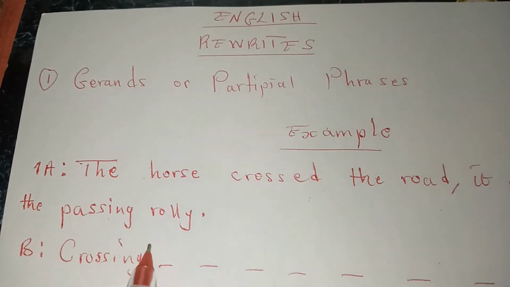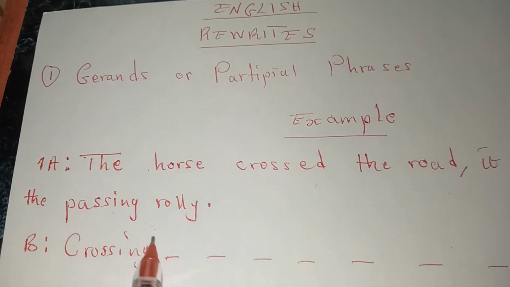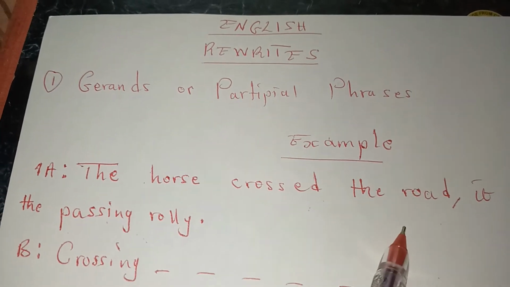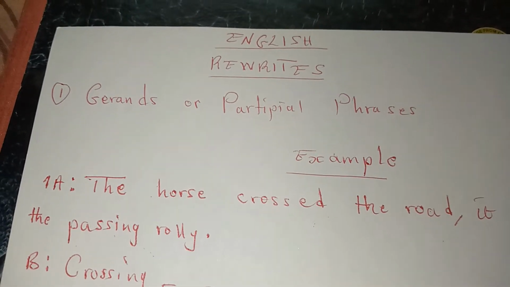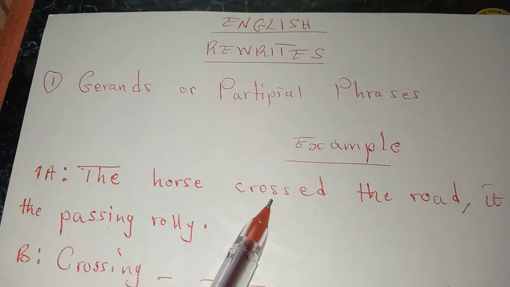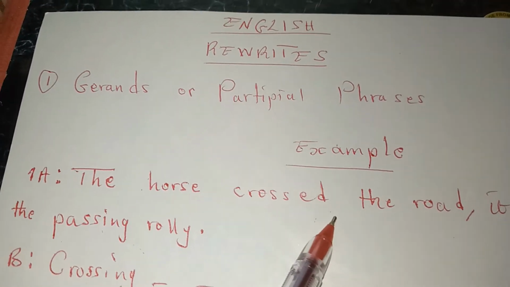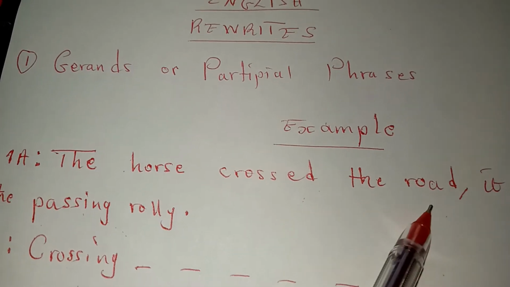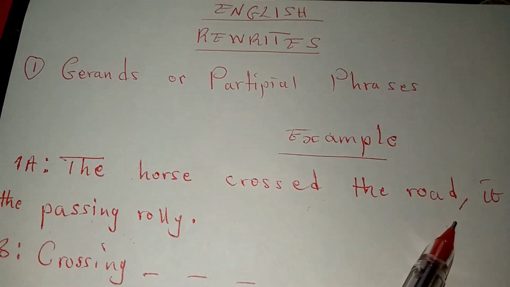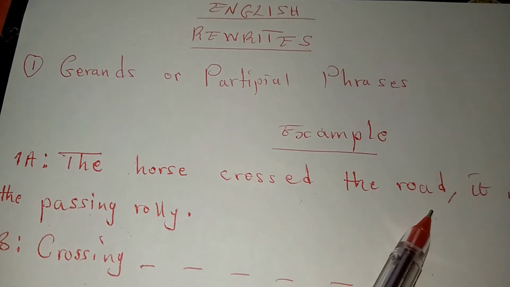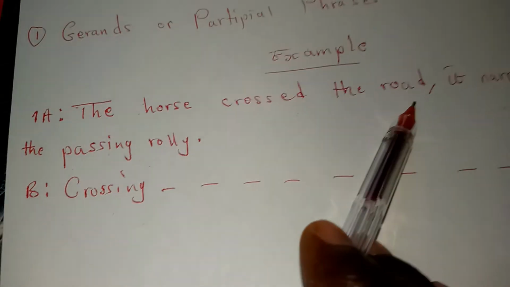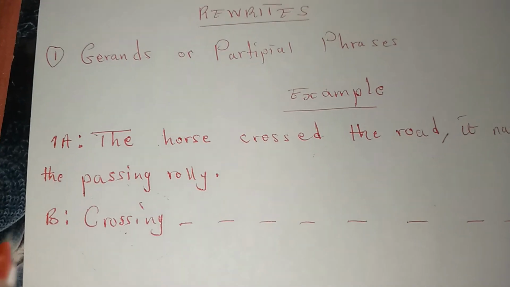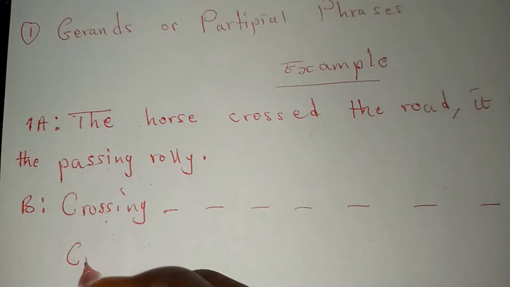The first thing that you do is check where the word crossing is coming from in the first sentence given. The word crossing is coming from the word crossed. So you continue from there by saying crossing the road. When you find a comma, a full stop or a conjunction word, you should put a comma. So the answer will be: crossing